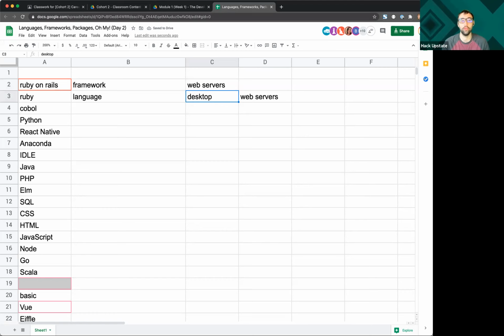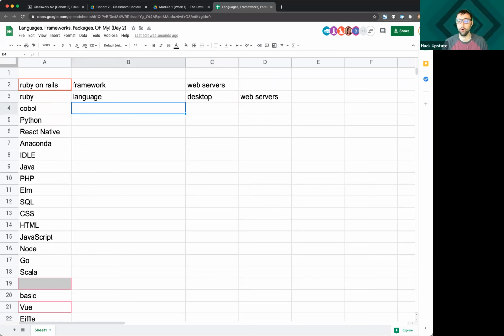And so when you are programming using Ruby on Rails, the language you use is Ruby. You got it. And so we're able to start clustering these as we go through them and see how they compare and kind of how they stack up with each other.